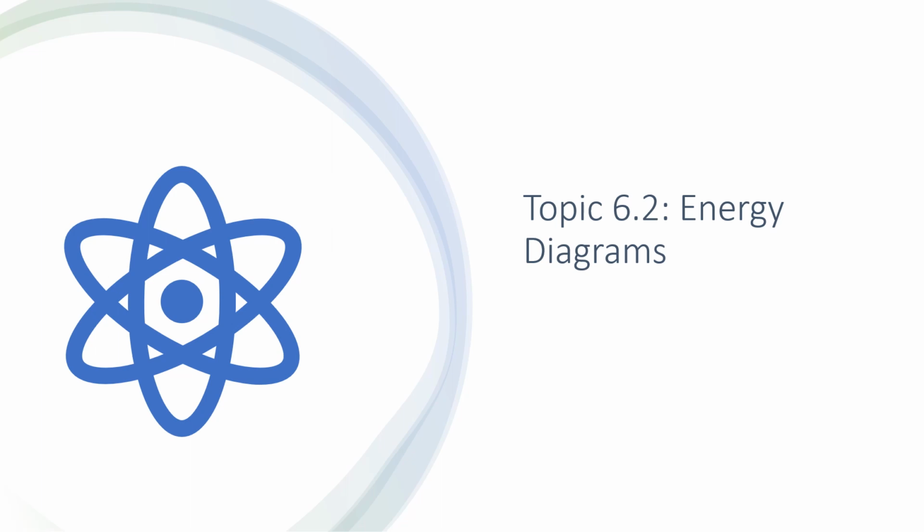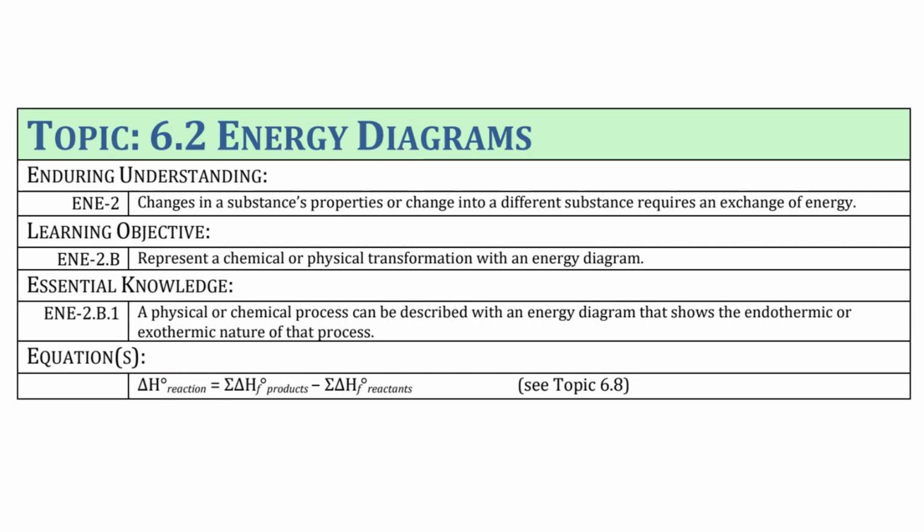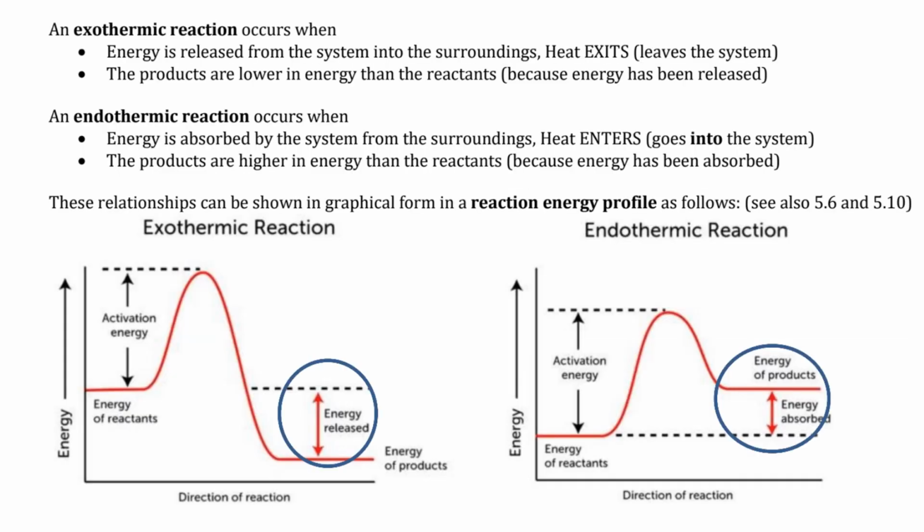Hi guys, this is topic 6.2 AP Chemistry Energy Diagrams. The learning objective for this particular topic is to be able to represent a chemical or physical transformation with an energy diagram. So we're looking at exothermic and endothermic reactions and being able to recognize those in graph